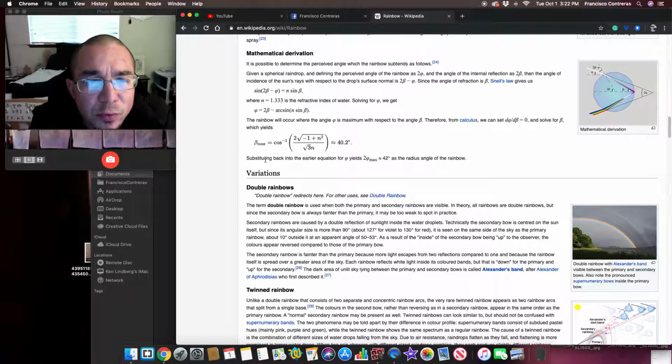Since the angle of refraction is b, Snell's law gives us sin(2b − q) = n sin b, where n = 1.333 is the refractive index of water. Solving for q, we get q = 2b − arcsin(n sin b). The rainbow will occur where the angle q is maximum with respect to the angle b. Therefore, from calculus, we can set dq/db = 0 and solve for b, which yields